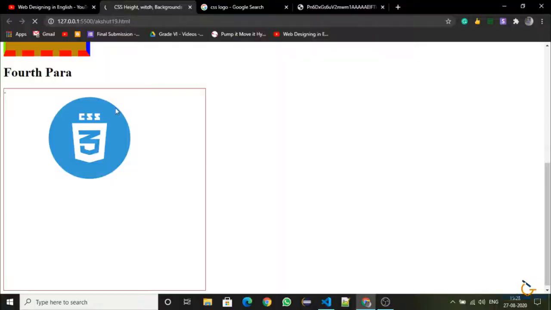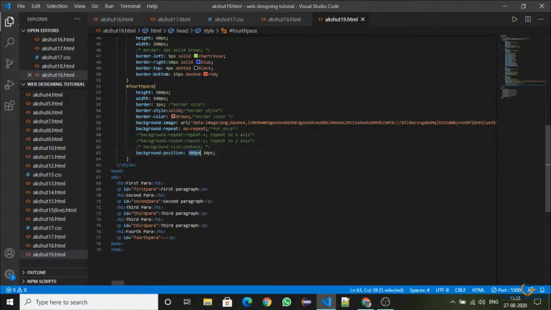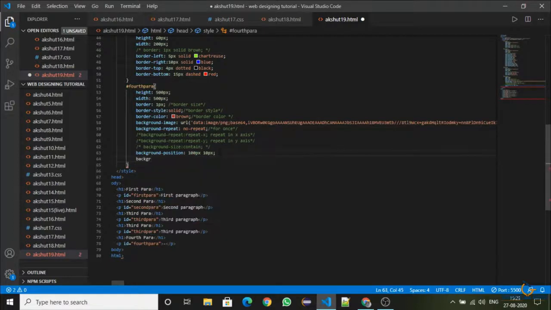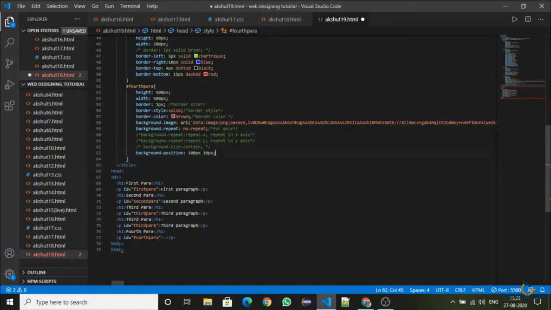It will be 10 pixels below the parent's top, and this would be left and right. Okay, so this was our background position. There are many things in here also, but for today we will just end our lesson here.